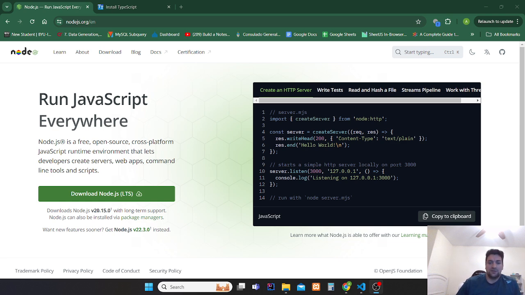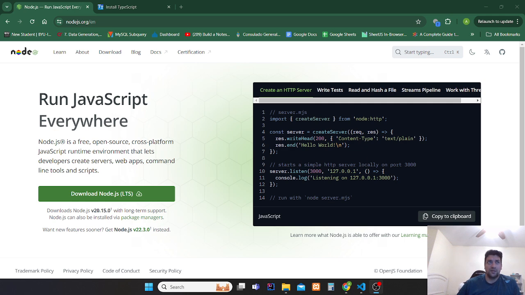This means that you have all the features from JavaScript and some extra features that you can use, and they will help you. Those features will help you to write better code and improve on your coding.